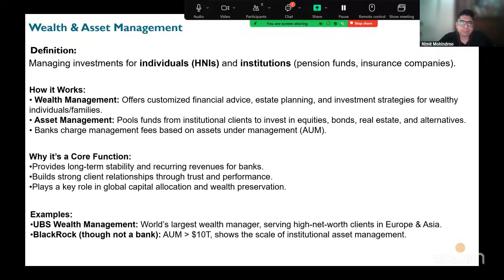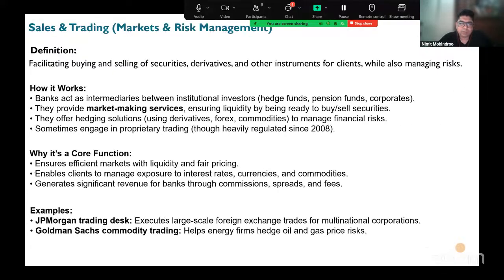Just to point out, going back to the slide, when it comes to sales and trading, buying and selling of securities, I think what we need to understand is what securities are and what derivatives are, and other instruments, because this is mainly assisting countries in trying to expand, or if a country needs to have projects in place, they sell securities to ensure that